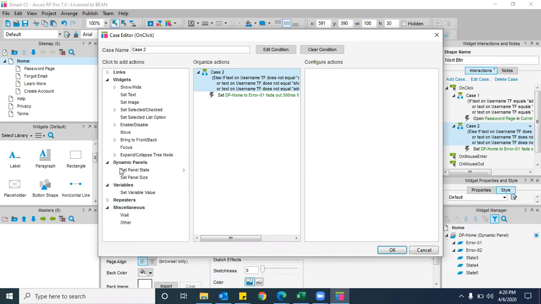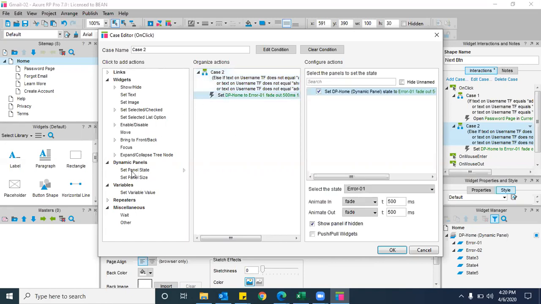Now need to resume with choose dynamic panels from add actions tab and select set panel state.